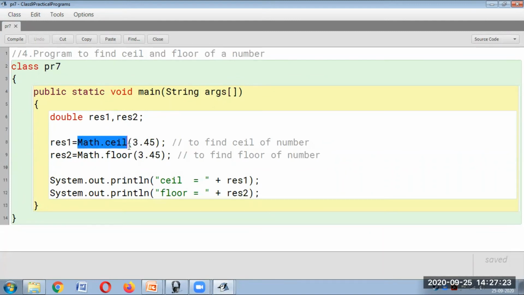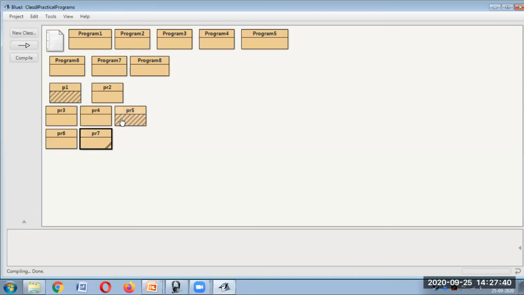Okay, you simply have to write Math.ceil 3.45. Now when I say 3.45, ceiling means it will take the higher value. So here you will get the result as 4. Okay, where floor means the lower value. So here the result you will get is 3. Okay, we should get 4 and 3. This should be the answer for us.